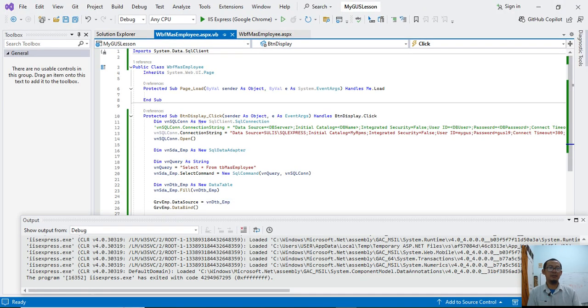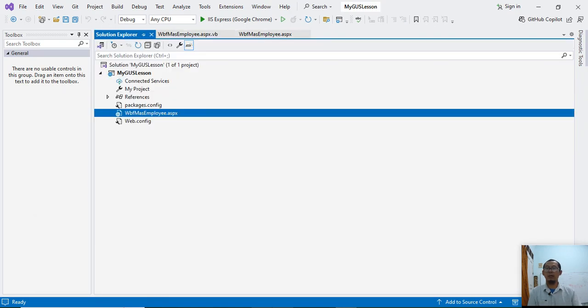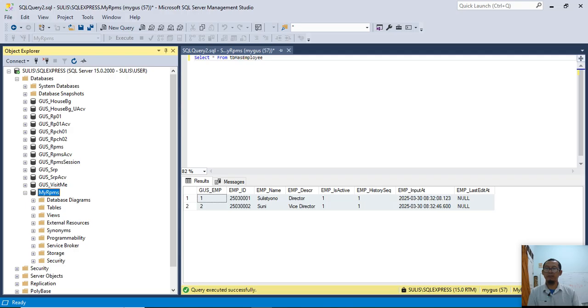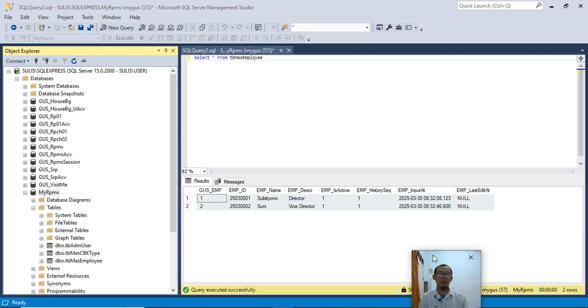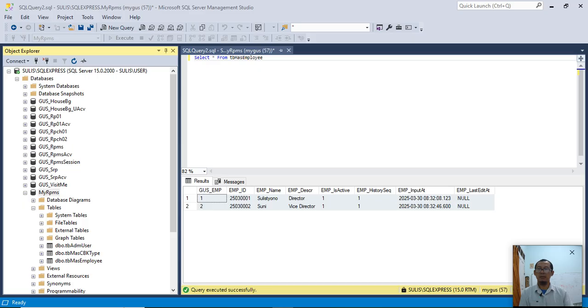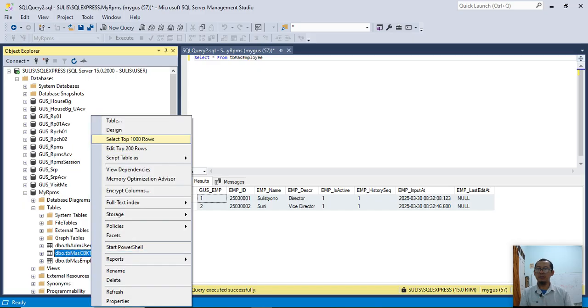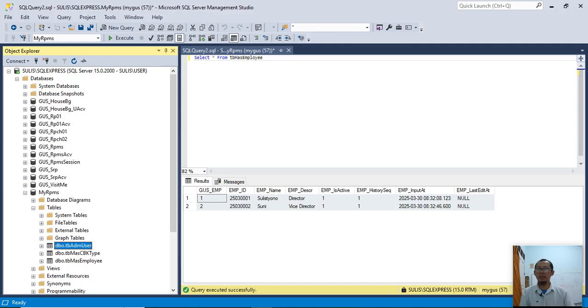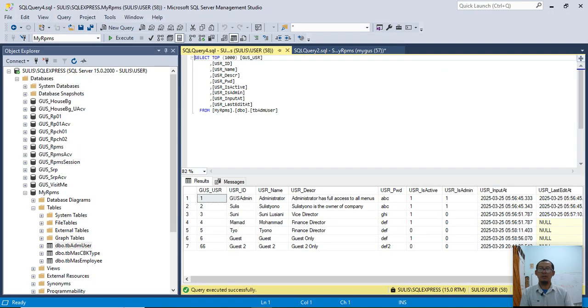Now let's create another web form. I will display data from a table, for example, CBK type. What is this? Oh, it's still empty. I want to display data from, okay, TBADM user.